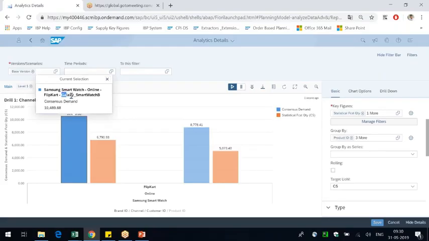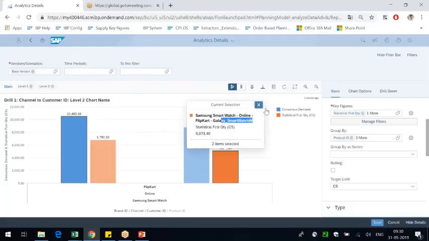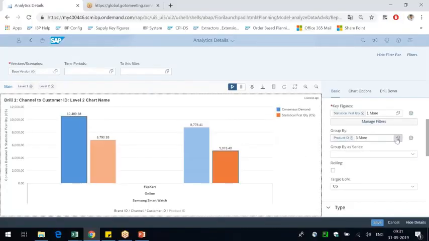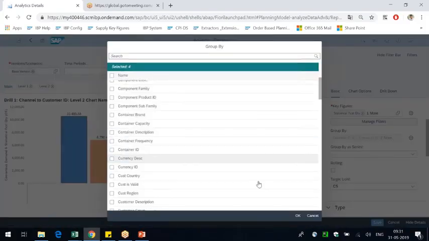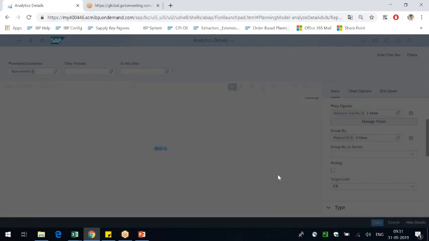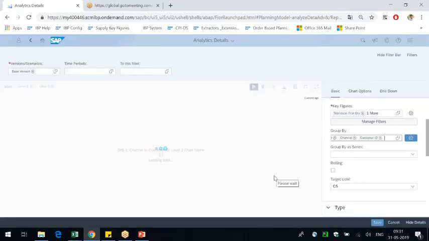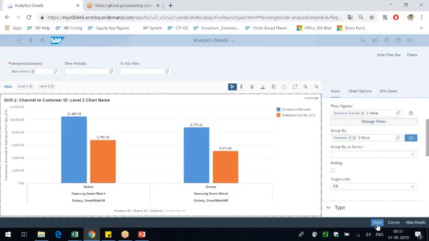Okay, there is a product called Galaxy Smartwatch B, and then there's another product, Galaxy Smartwatch W. Two products are there. Okay, so let's go to the displaying part. I'm putting the product ID as a base. Okay, so it showed like this smartwatch. Okay, fine. I'm saving it.